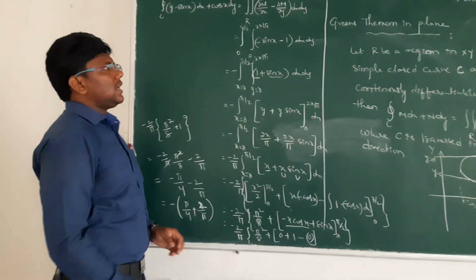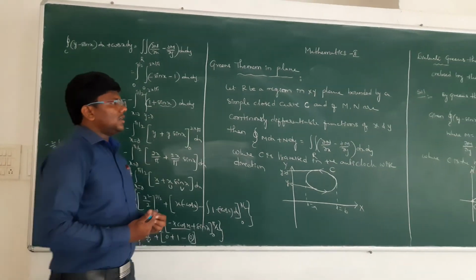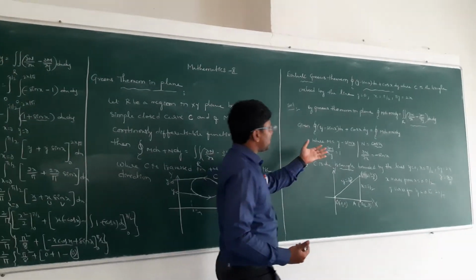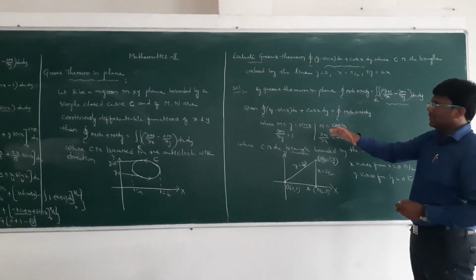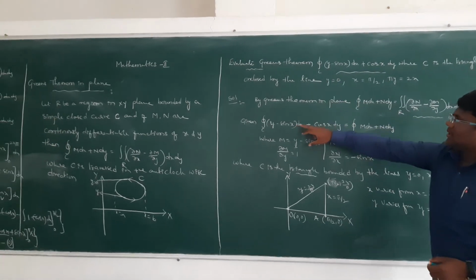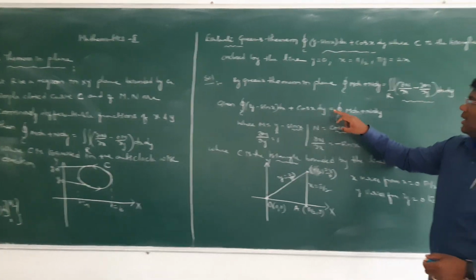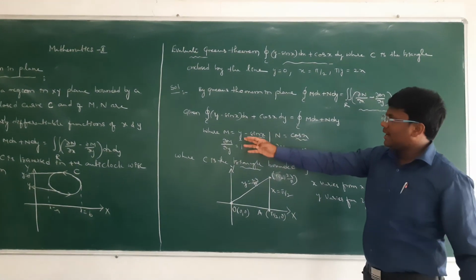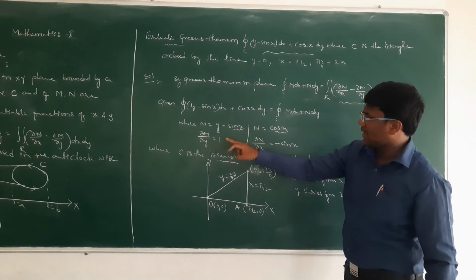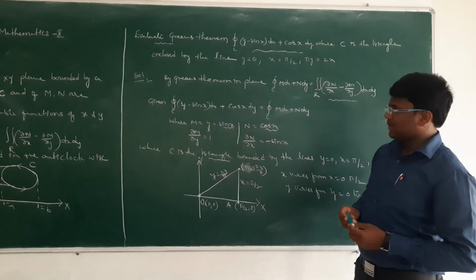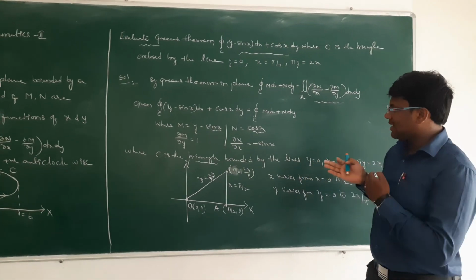This is the evaluation of Green's theorem. To verify Green's theorem, here we are going to find only the RHS value, that is the surface integral we are finding in the plane. The line integral is of the form integral over C of M dx plus N dy. We should write the M value and N value, differentiate M partially with respect to y and differentiate N partially with respect to x. It is already given, where C is the closed curve bounded by the triangle.